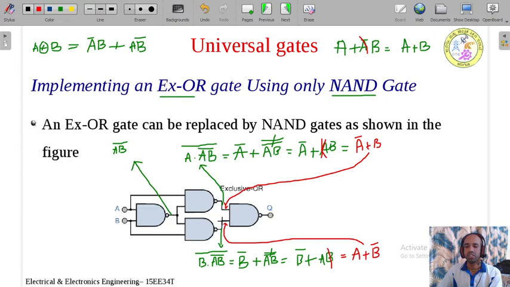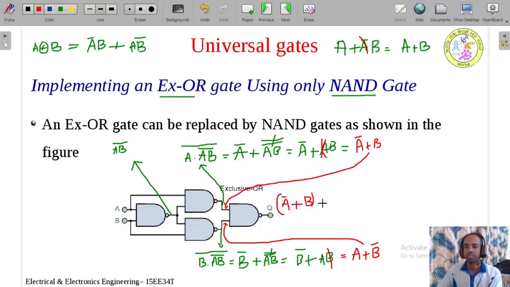Now this is the one input and this is another input to the fourth gate. Now take this one and simplify the equation again. So this is nothing but the NAND function. Again, what is the one input? One input is this one. I will write that one. Q is equal to what? Q is equal to A bar plus B.